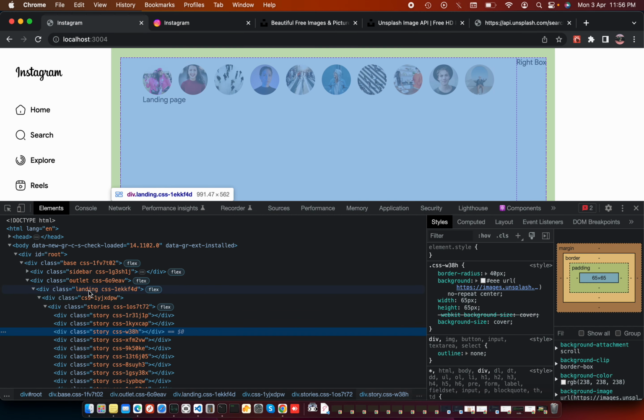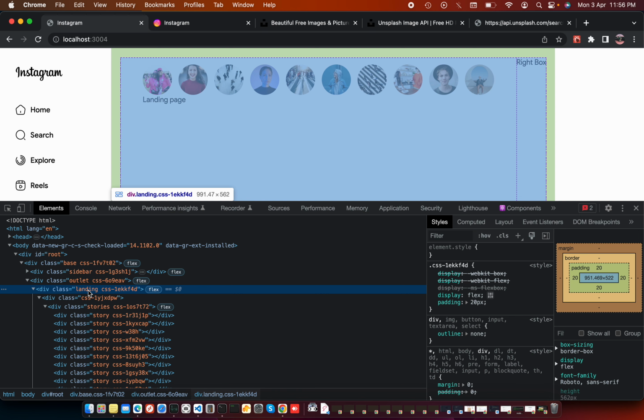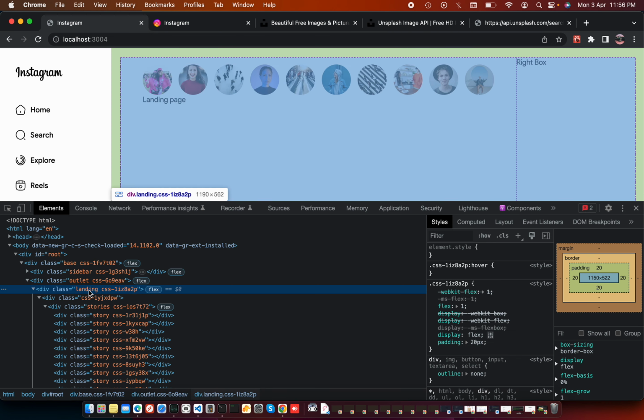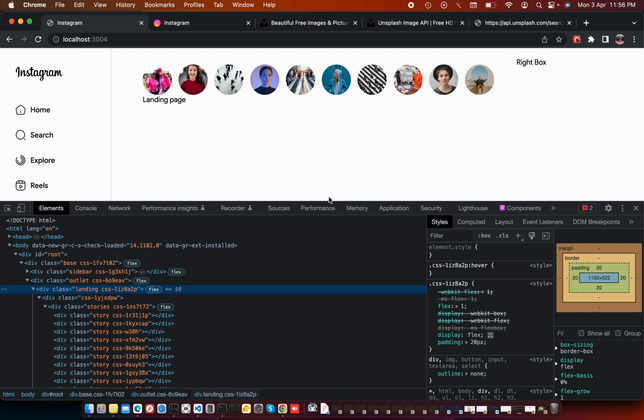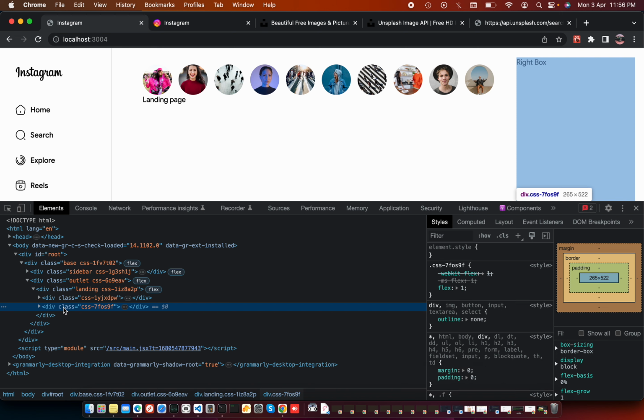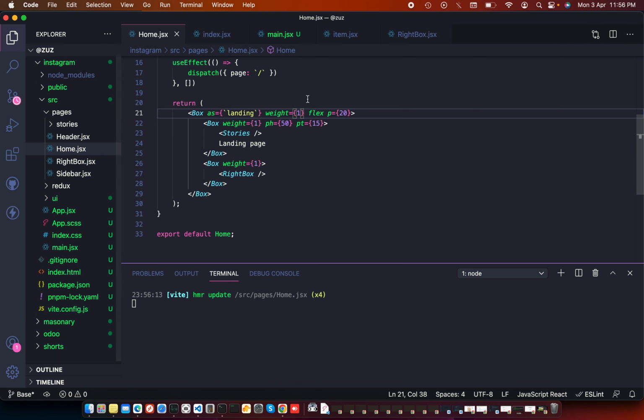Here is our landing, and actually the landing is not getting actual size. Let's add weight 1 and check. Yeah, now we have this full size landing block, and inside our write box let's add